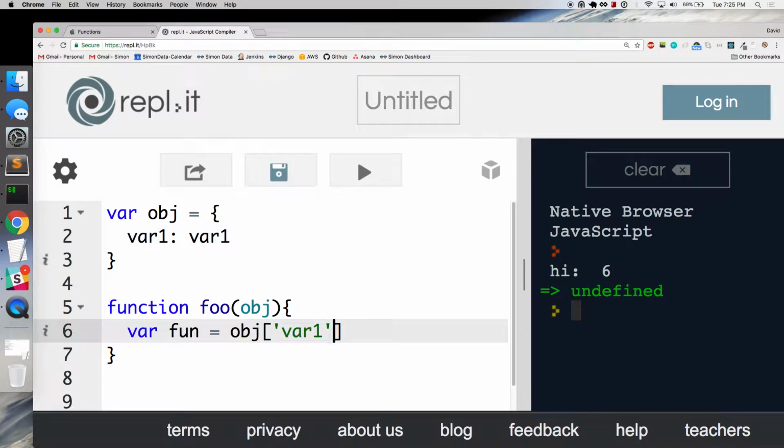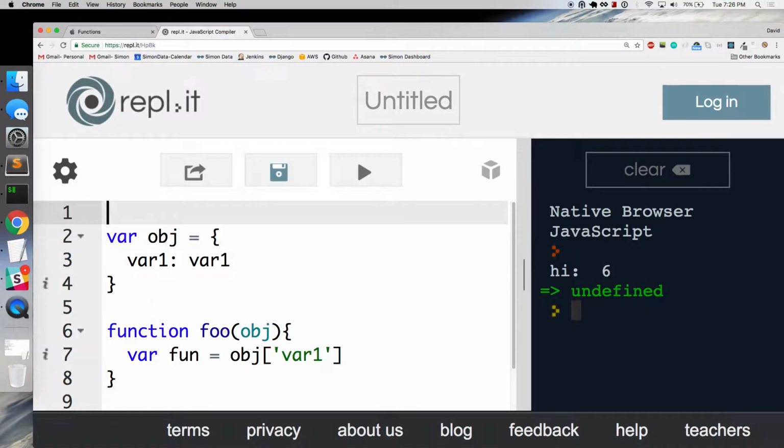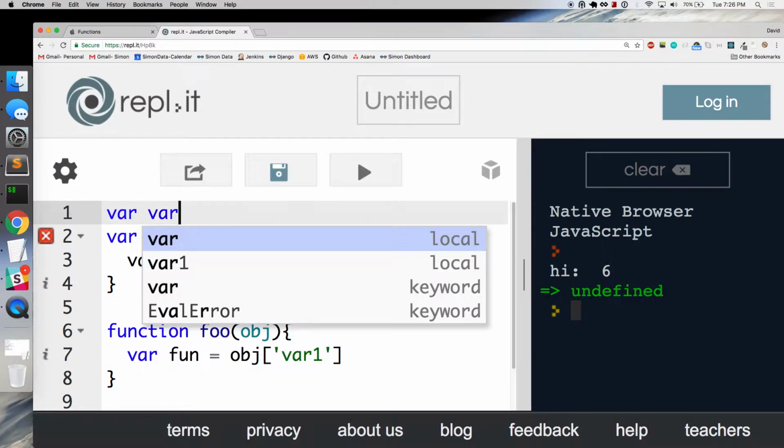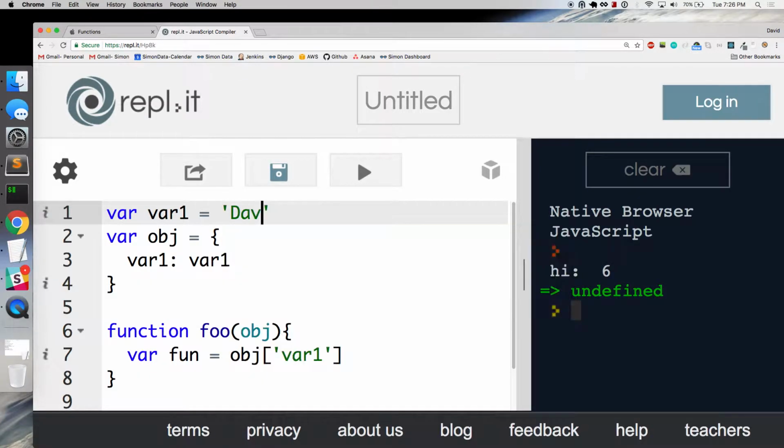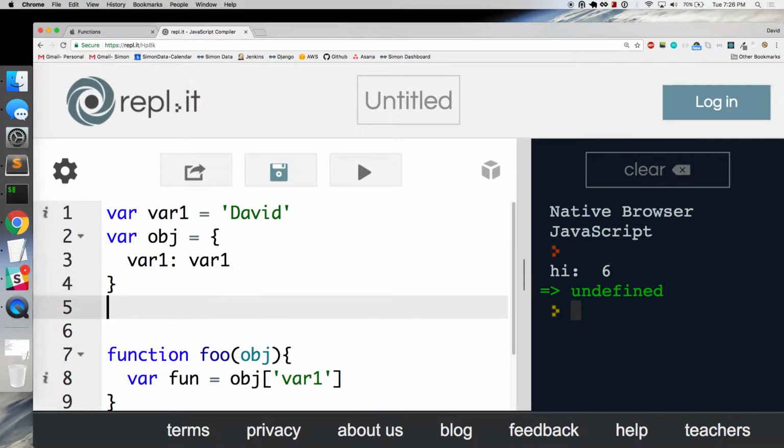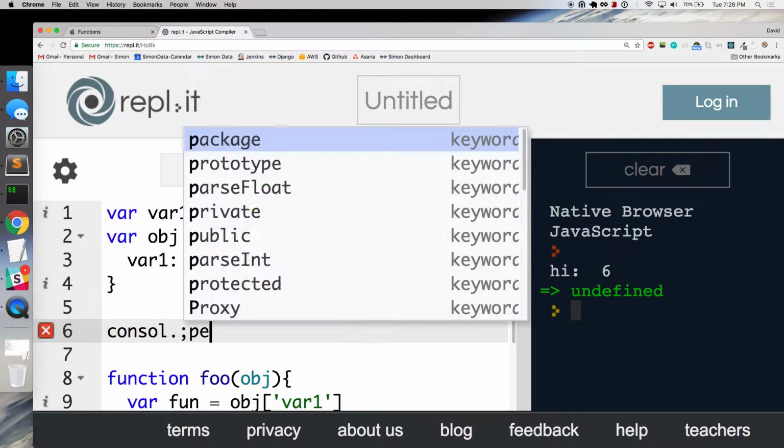Kind of a janky example, sorry for that. What's the colon in your object name? Yeah, this basically denotes this is the key and this is the value. So if I have something like var1, speaking of bad variable naming, so let's say this is David, and if I console.log out